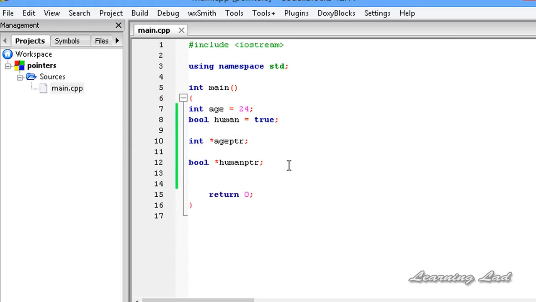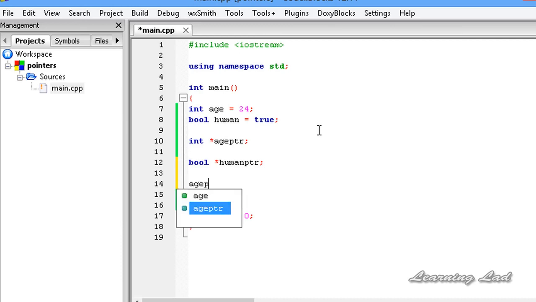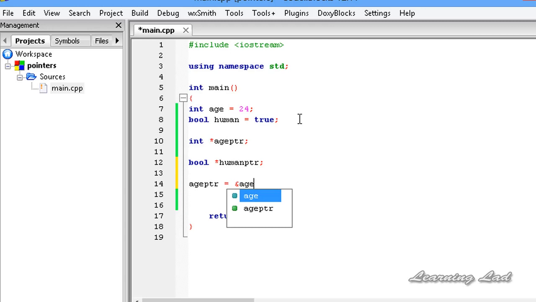So now once we have the pointers in our program, what we can do is we can initialize these pointers. It's similar to the initialization of the variables. So it's gonna be age ptr equal to the assignment operator, and also no need of this asterisk or the star here because we're not declaring it, and then we need to specify the address. So we can get the address of a variable by using this ampersand and then writing the variable name, so it's gonna be &age. Now this age ptr, the pointer, is gonna contain the address of this variable age, and